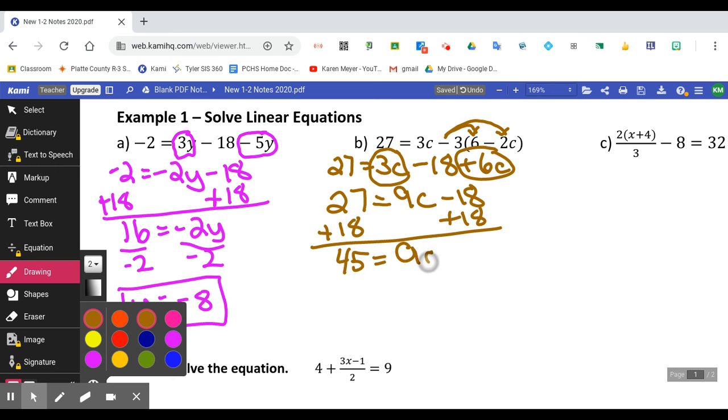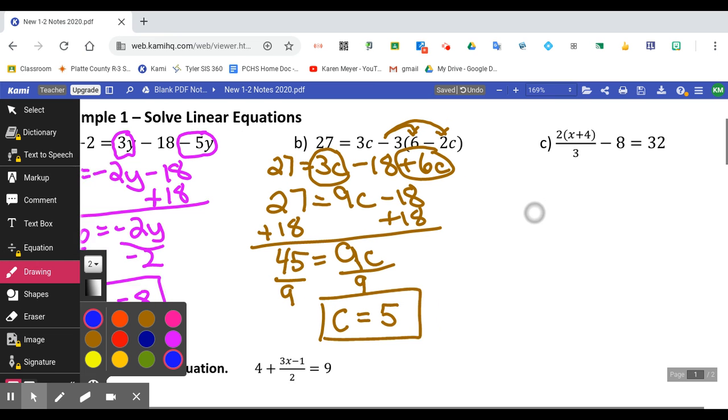equals 9c. And then to get rid of the 9 in front of the c, you have to divide both sides. So 45 divided by 9 gives me the final answer of c equals 5. On the next one,